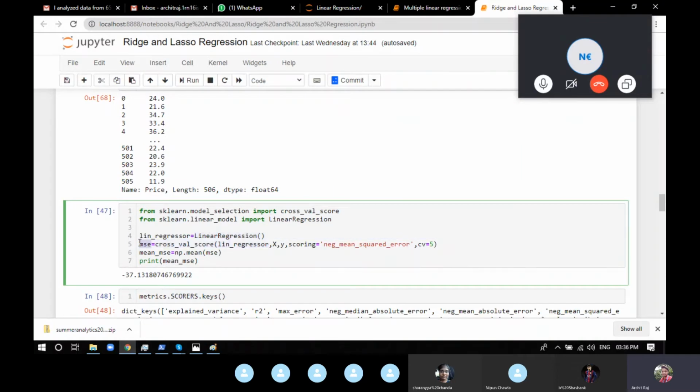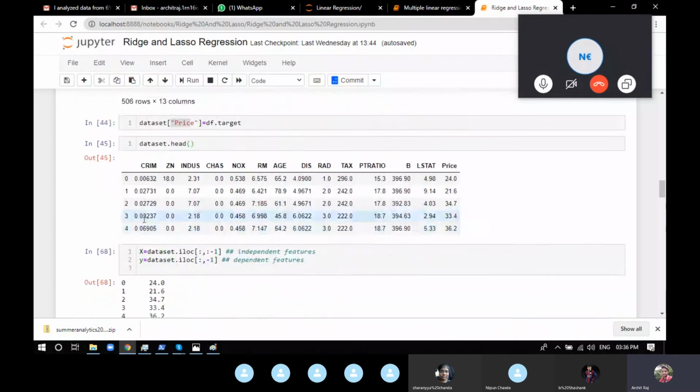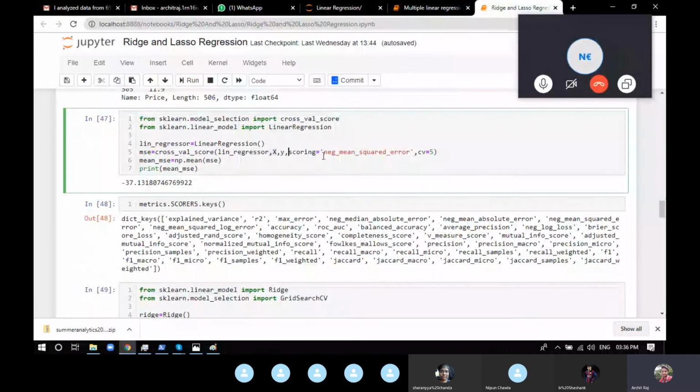Now we take a variable and call the function cross_val_score. What does cross_val_score take? First it takes the model, which is the linear regression model that we made. It takes the x value and the y value that we have. Now we give the scoring, like on what basis it should evaluate.